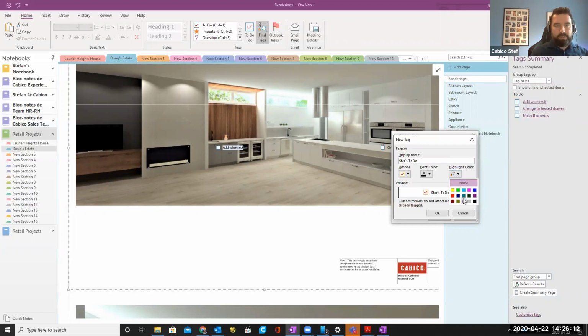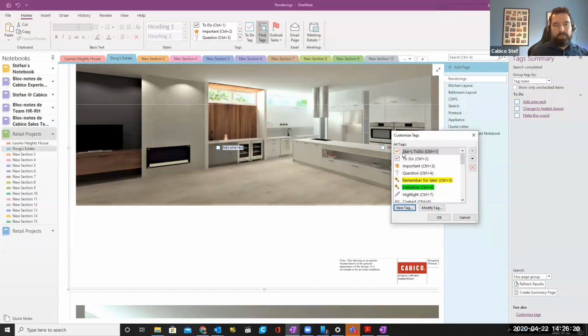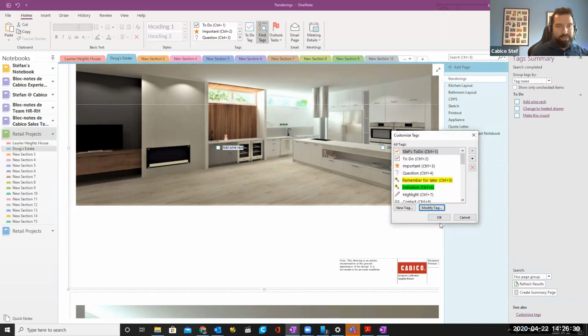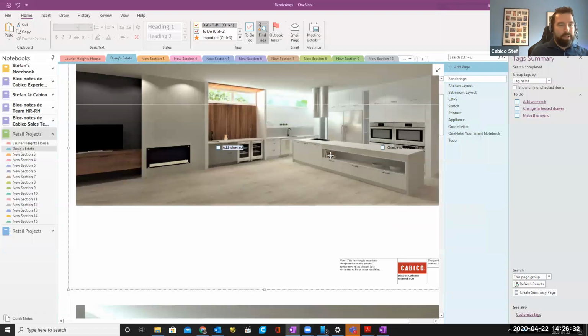So if I could choose this and say I'll put a sky blue behind this, or a teal. So I'll click OK. And now this becomes my first one. So Control 1 is actually now Steph's. I'm Steph, I'm not Stir. There you go. So now if I do put a note in there, test, and I hit Control 1 or